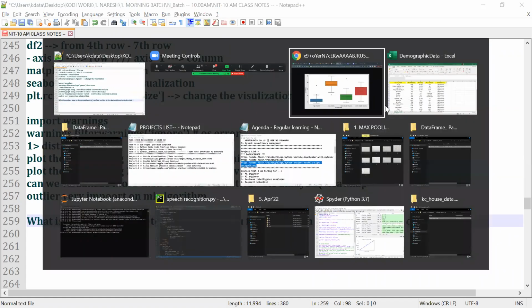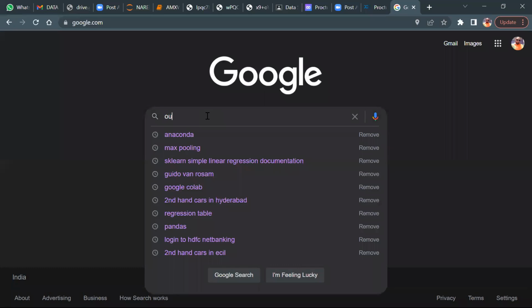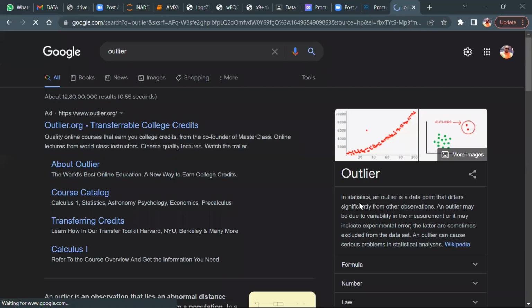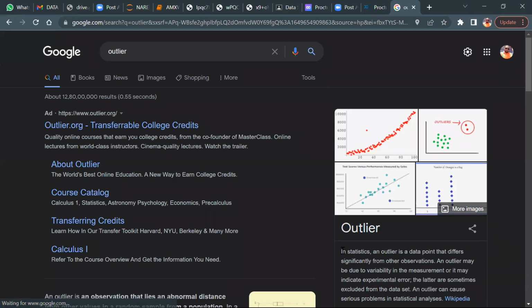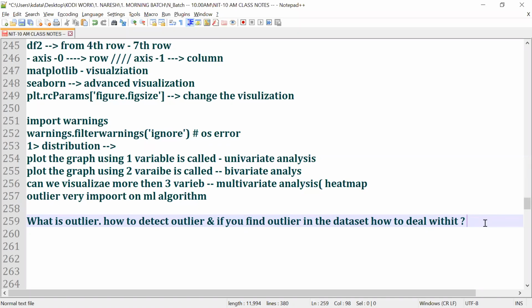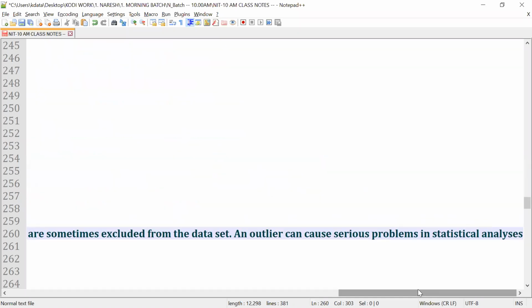Very simple. Just go back to here. Let me show you. Did you see in statistics? Read this, guys. What exactly is it saying? In statistics, an outlier is a data point that differs significantly from other observations. Agree or not? I hope you understand what exactly I'm saying. Let's copy and paste it.